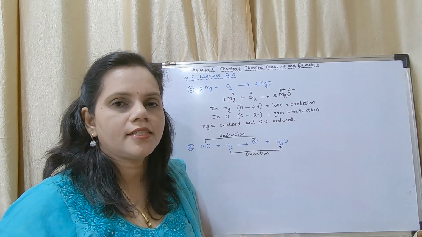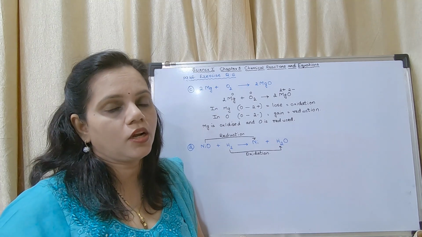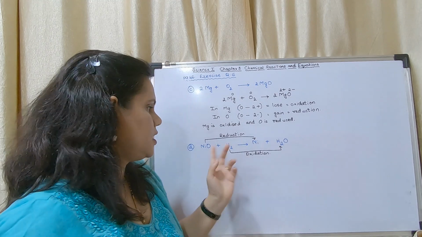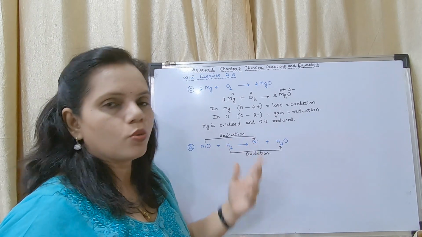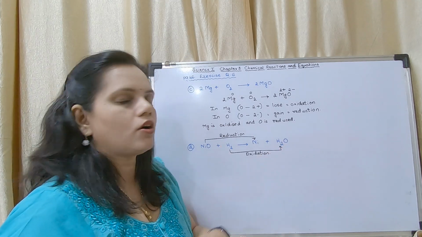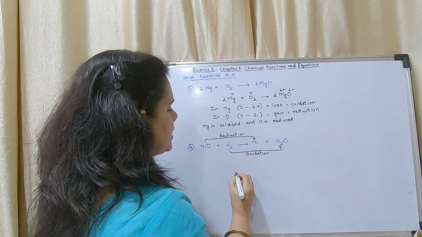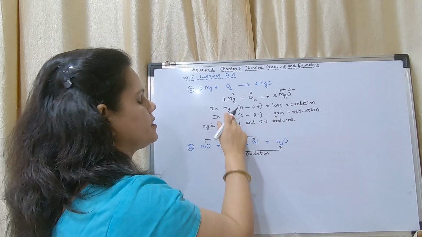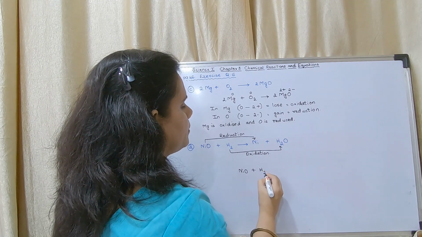Why? Because it is easier to remember that oxidation is gaining of oxygen and removal of hydrogen, and reduction is gaining of hydrogen or removal of oxygen. So in this reaction, NiO is converted into Ni, so here there is removal of oxygen, so it is a reduction. Here it has gained oxygen, so it is an oxidation. Now in this case also, this much only you have to write as your answer, but I will show it this way also. Even if you do it that way, you will get the same answer.